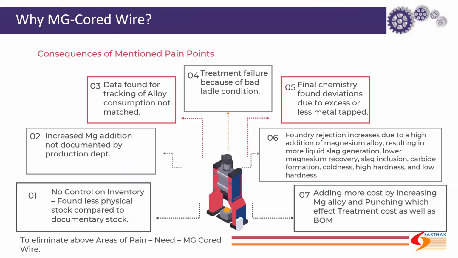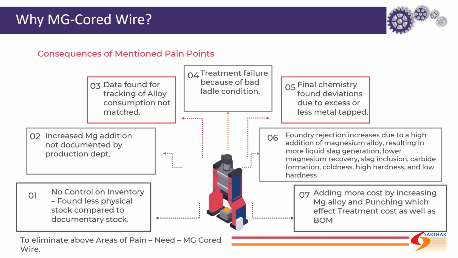So why MG cored wire? The plant-mentioned pain points are: no control on inventory, less stock found compared to the documented stock, increased MG addition not documented by the production department, data for tracking of alloy consumption not matched, treatment failure because of bad ladle condition,